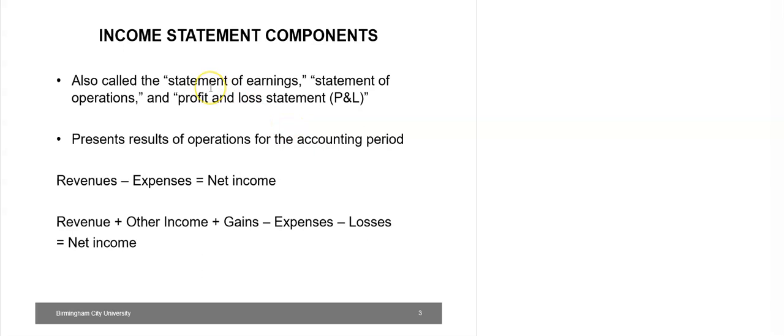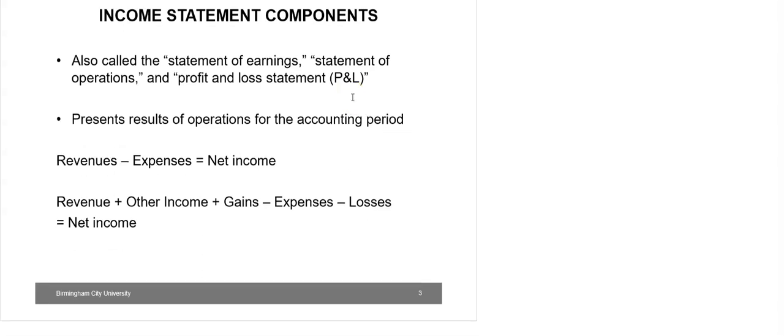Income statement is also known as the statement of earnings, or statement of operations, or profit and loss statement. As we know, revenues and expenses are reported in the income statement. So the net income, which is also known as the bottom line, is the revenue minus expenses. Revenue refers to the amounts charged and expected to be received for the delivery of goods or services in the ordinary activities, or, as we know, the ordinary course of a business.